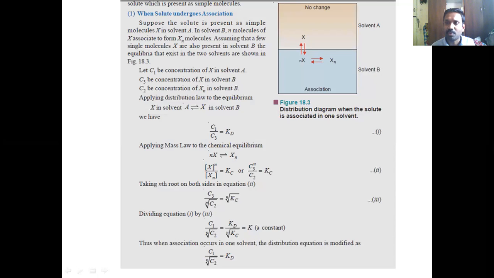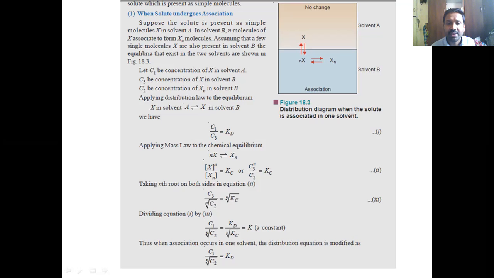How to write the equilibrium constant? You know, concentration of product divided by concentration of reactant at equilibrium is equal to the equilibrium constant. So concentration of X to the power of n divided by concentration of Xn, that is equal to Kc. Okay. Now,